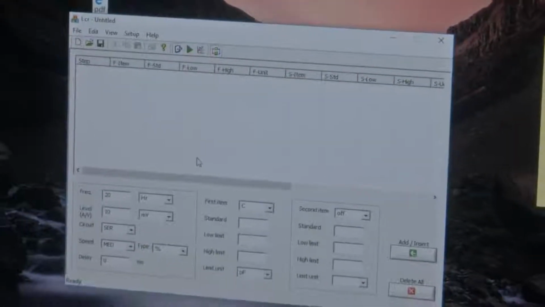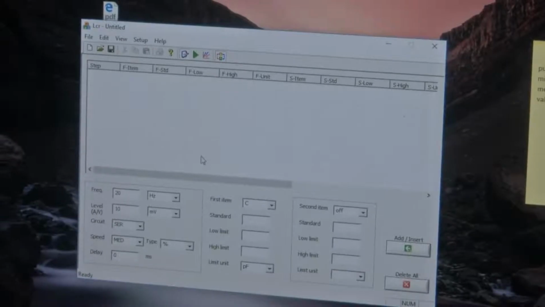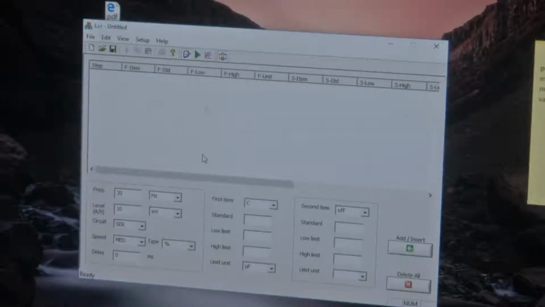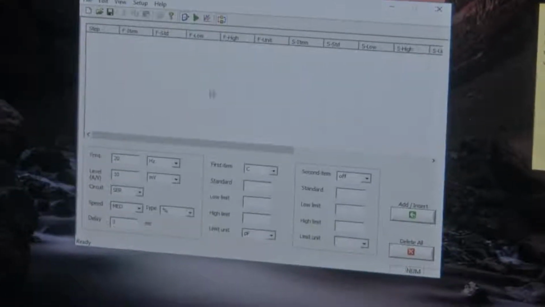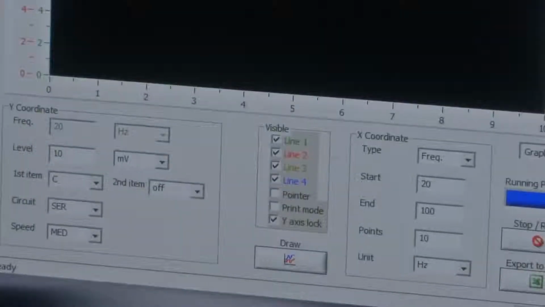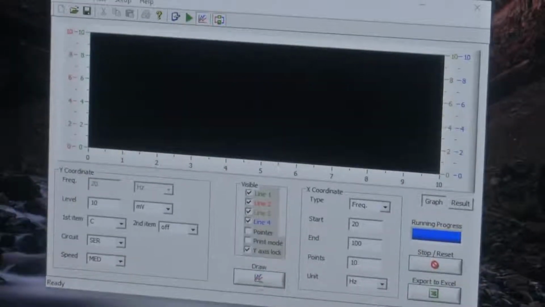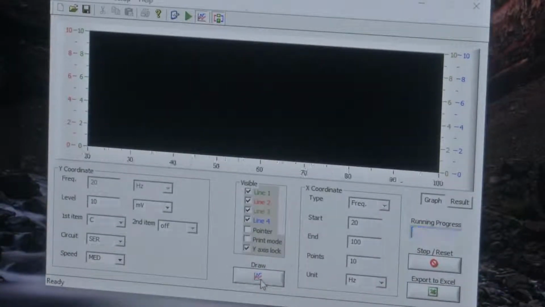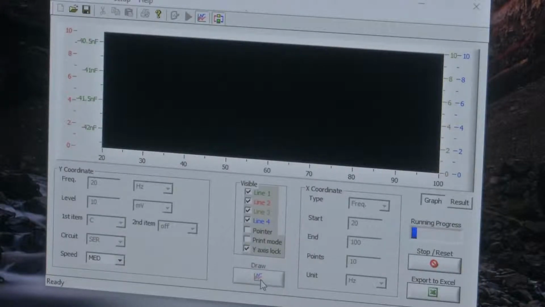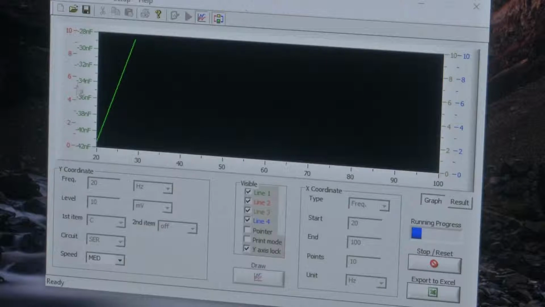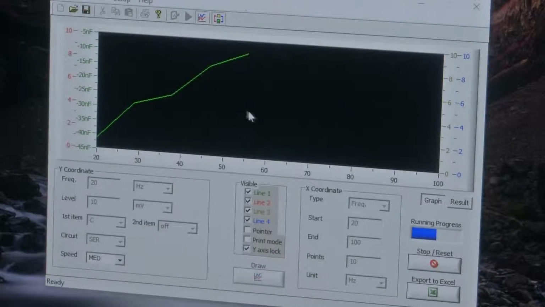And once the connection is established, we can see the different options. We've set the frequency level. So 10 millivolt is the applied voltage to the sensor. Now if we use the draw option here, you could see how the readings are in progress.